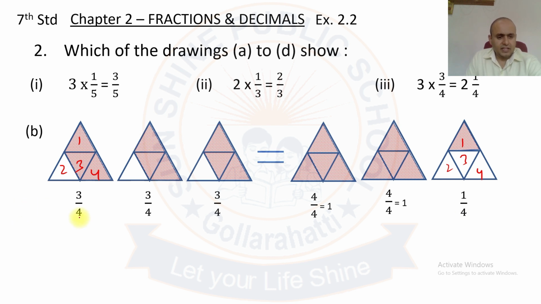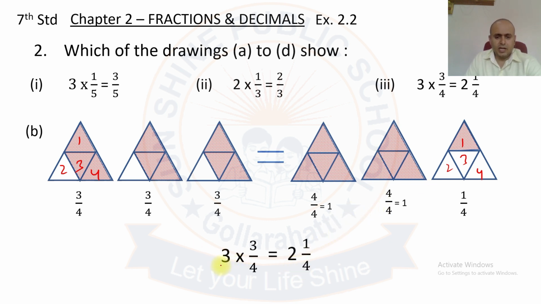So here 3 by 4, 3 by 4, 3 by 4. So 3 ಸರಿ ರಿಪೀಟ್ ಆಗಿದೆ. So this can be written as 3 into 3 by 4 ಅಂತ ಬರೀಬಹುದು. We can multiply because 3 times repeat ಆಗಿರೋದ್ರಿಂದ I can write as 3 into 3 by 4. ಇಲ್ಲಿ 4 by 4 is nothing but 1. So 1 ಎರಡು ಸರಿ ಇದೆ and 1 by 4 ಇದೆ. Therefore 1 plus 1 plus 1 by 4. So add ಮಾಡಿದಾಗ ನಮಗೆ this 1 plus 1 becomes 2, 1 by 4 ಅಂತ ಬರುತ್ತೆ add ಮಾಡಿದ್ರೆ. So the answer is 2 1 by 4.